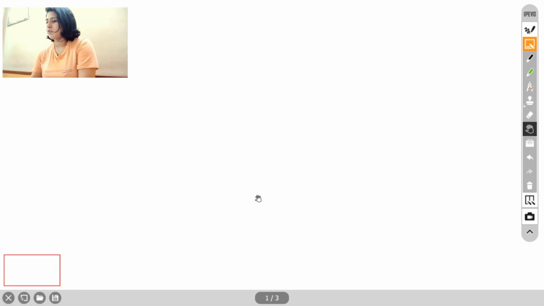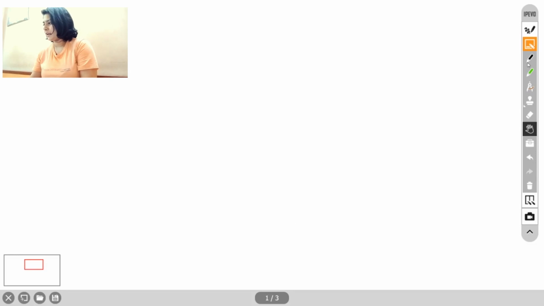So we have a hand tool. How do we use this hand tool? The hand tool is basically for when you need to move somewhere else on the screen. If you see on the left hand side of your screen below, you can see this red sign. This red sign is the active screen on your laptop or computer, and the rest is the extra area you have where you can move.